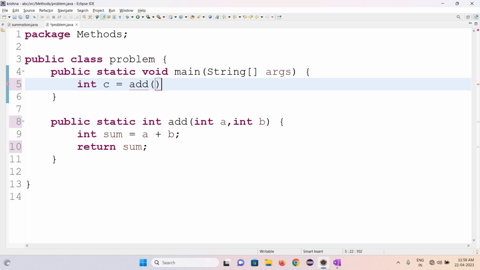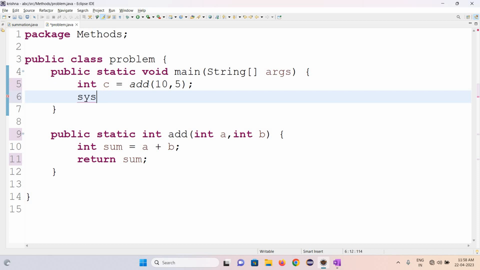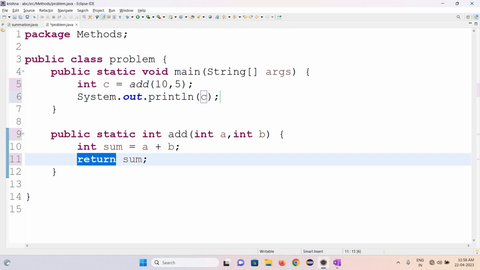Add of 10 minus 10 comma 5. Okay, so just print that. See, why? Because I used the printing statement in the main method. Now because the return is always the last statement. Okay, so let me write